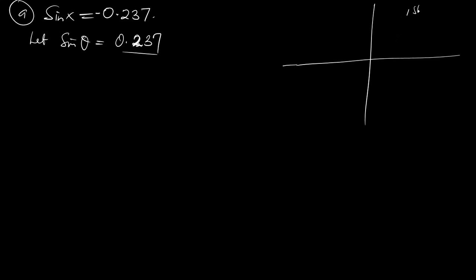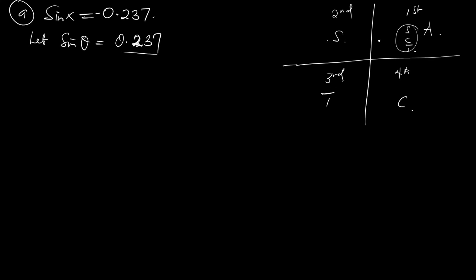Now at the first quadrant, all the trigonometry functions are positive, as in the sine, the cosine, and tan. They are all positive here. Now in the second quadrant, it's only sine that is positive. In the third quadrant, it's only tan. In the fourth quadrant, it's only cos. Now, with that understanding, this question now means